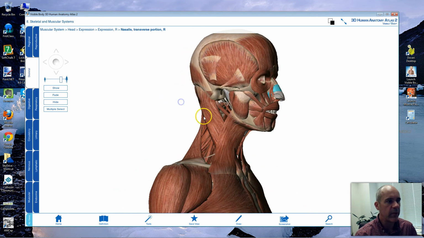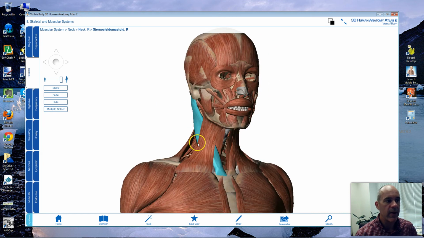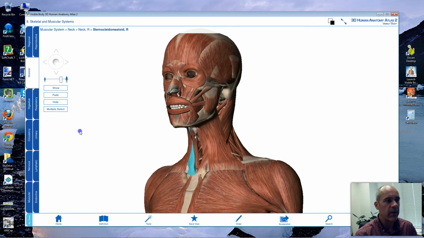Sternocleidomastoideus muscles, the big ones right here that run from the back of the head around the mastoid process of the temporal bone and the occipitalis all the way down to the sternum. Now it's obscured on this diagram by the platysma, this more superficial muscle you see here, but it's also connecting to the clavicle as well. So sternocleidomastoideus on the left,